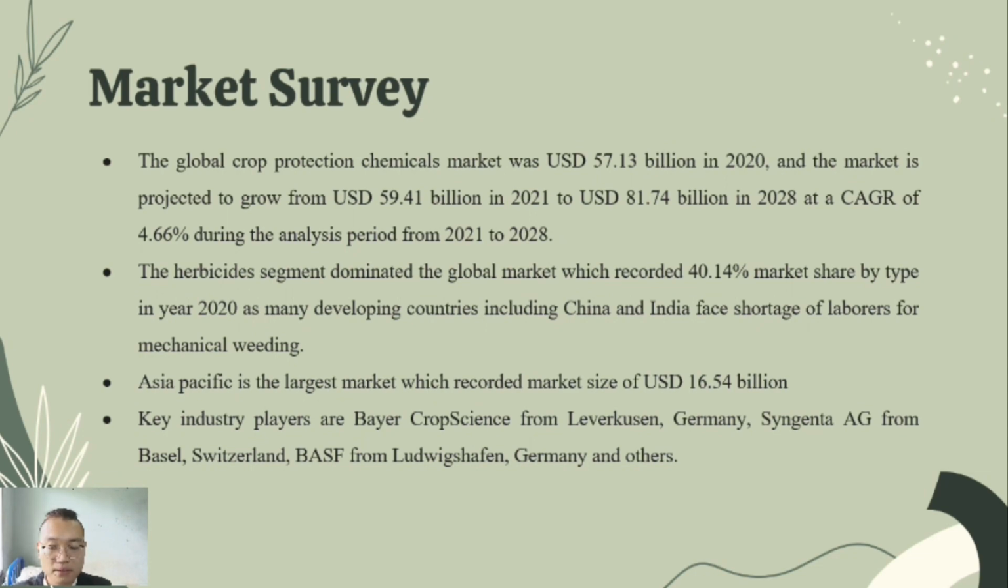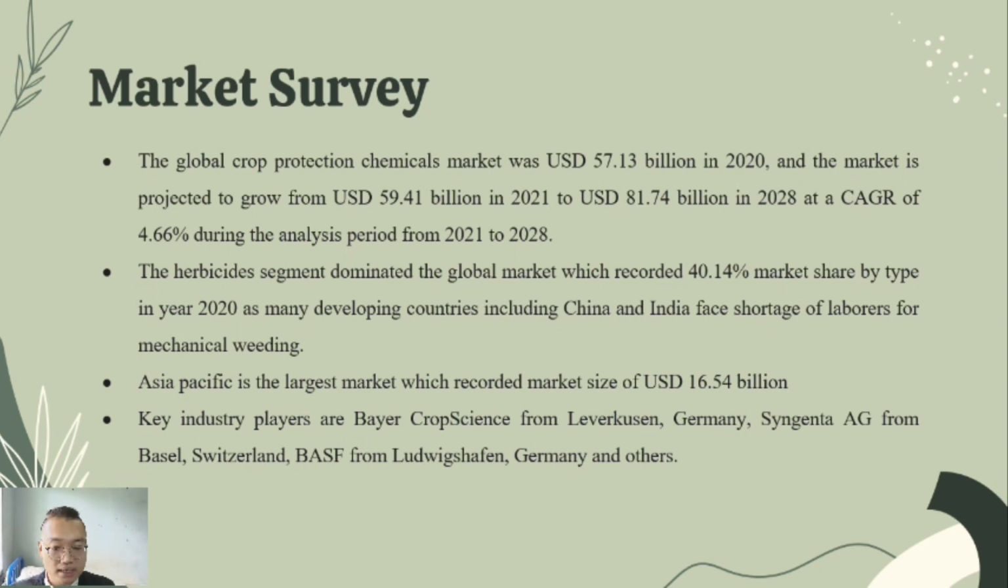The global crop protection chemical market was 57.13 billion USD in 2020, and the market is projected to grow from 59.41 billion USD in 2021 to 81.74 billion USD in 2028 at a CAGR of 4.66% during the analysis period from 2021 to 2028. And the herbicides segment dominates the global market with a record of 40.14% market share by type